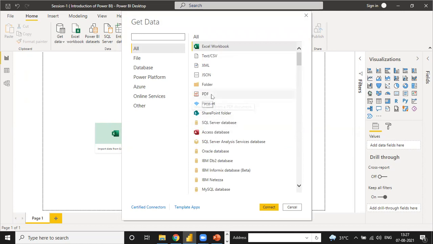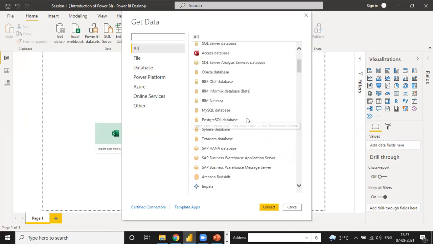Okay, see, there is a PDF file. Suppose you have one PDF file like a bank statement. A bank statement is always in PDF. When you receive your bank statement in the email as a PDF file, you can directly pull out that report from the PDF and connect. So your PDF report is connected into the database in Excel form, and when you make some transformations over it, your report is ready.